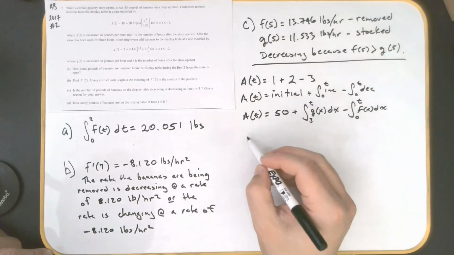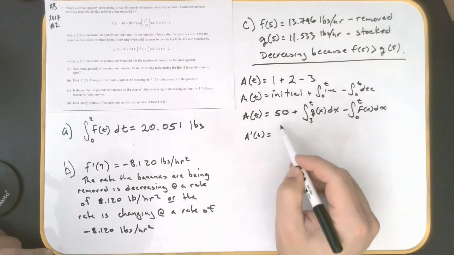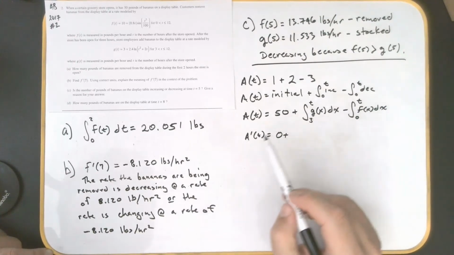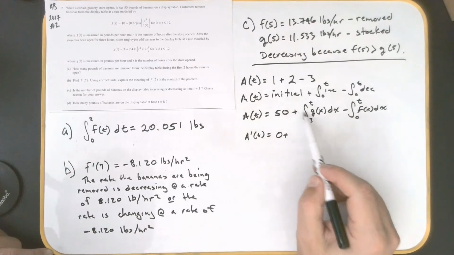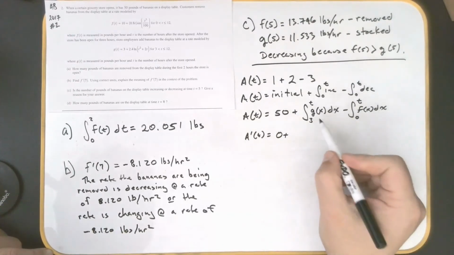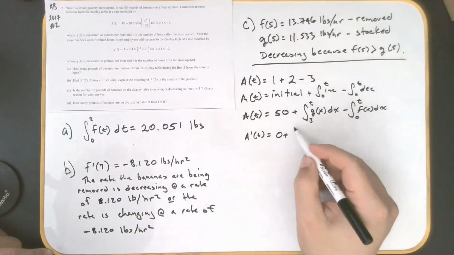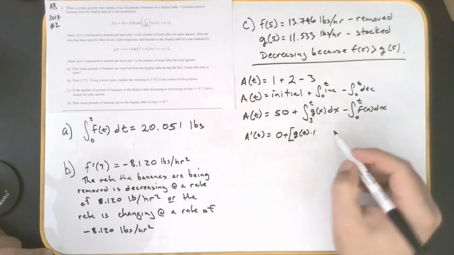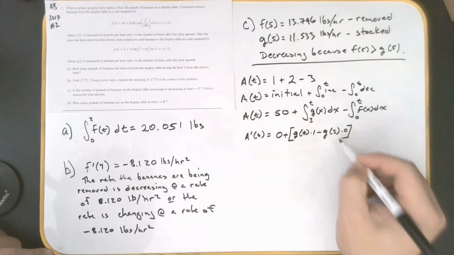Well, now I need to take my derivative. So what is A prime of t? Derivative of 50 is 0, plus the derivative of an integral. The derivative of the integral, you think of it as kind of canceling it out, then you do the fundamental theorem with my interval values times their derivative. So there's 4 pieces here, so this becomes g of t times 1 minus g of 3 times 0,